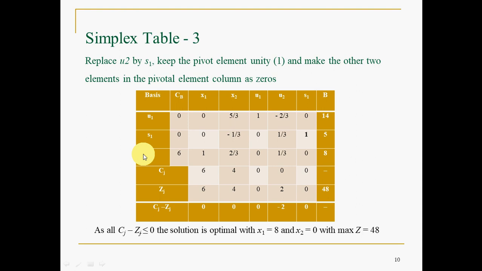So before arrival, it doesn't mean that all the variables should arrive in the basis. Before that itself, sometimes or many times you may get optimality. So then in that case, you have to put x2 as 0. Then of course, for Z max, you have to substitute the value of x1 and x2 in the objective function, so that you will get maximum Z, or Z max, as 48.